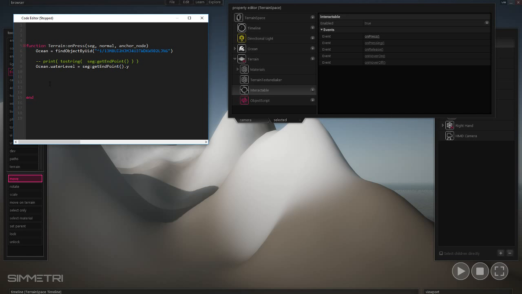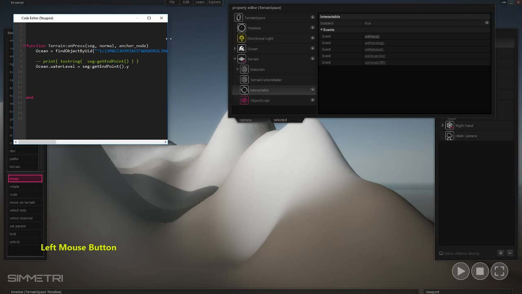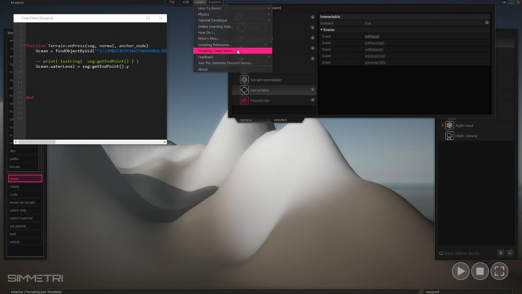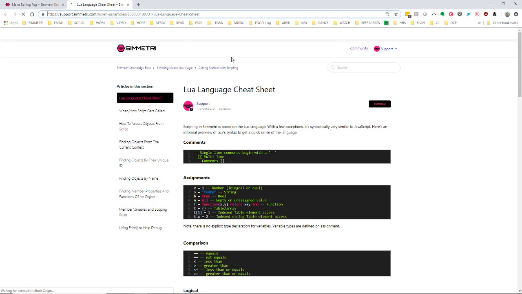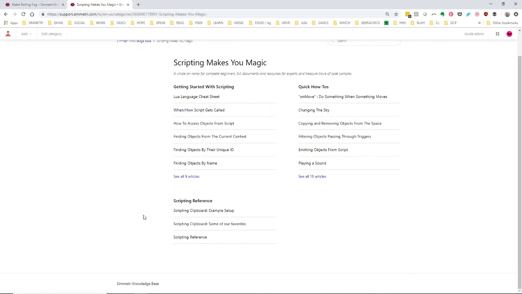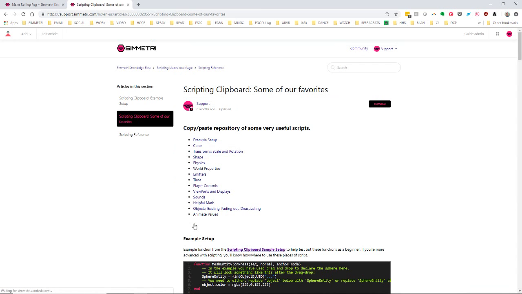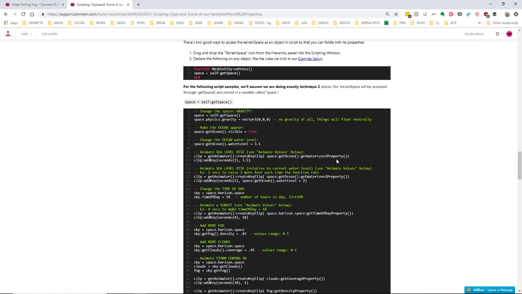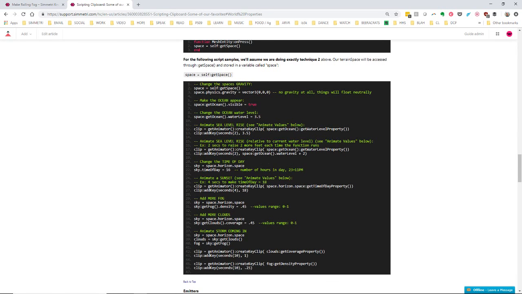The way to do that, and we have under Learn, you go to the scripting cheat sheet. Just look at this level here. Scripting makes you magic. There's a handful of things in here: changing, like animating properties. I'll show you a few things here. Scripting clipboard, some of our favorites. I recommend looking at this, and we'll actually go to world properties. I've even built this one right in. So, animate sea level rise. We can literally copy this,